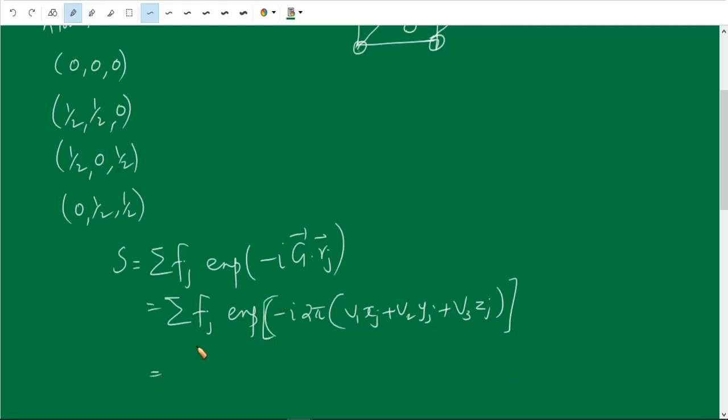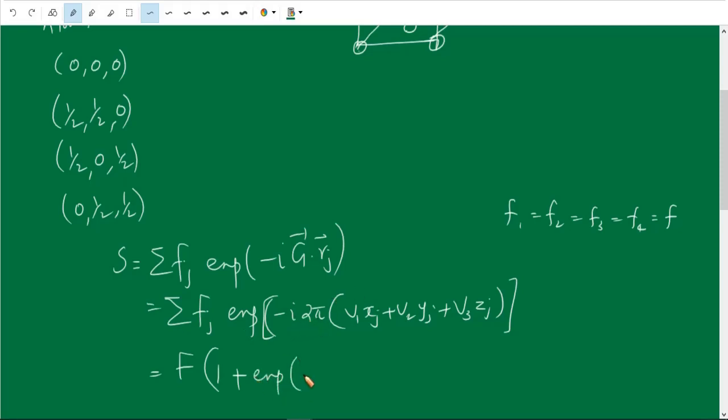See, all the atoms are identical, therefore we can take f1 equal to f2 equal to f3 equal to f4 equal to f. So we can write this as f into, for the first atom, xj, yj, zj are 0, therefore exponential 0 is 1,